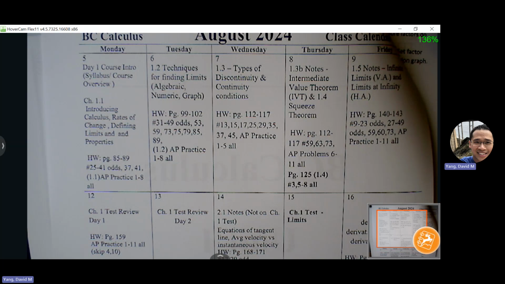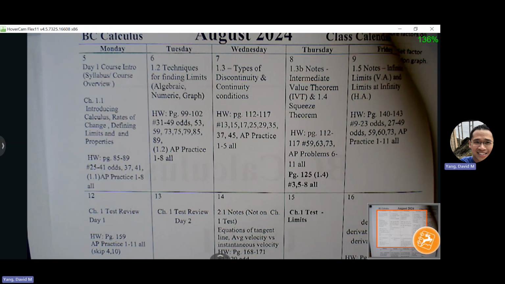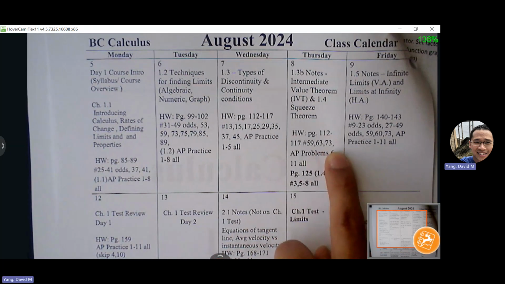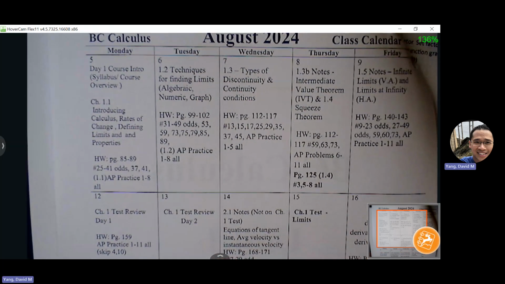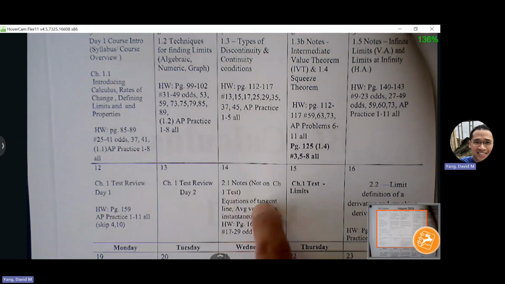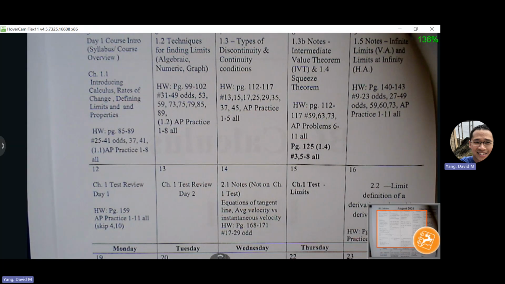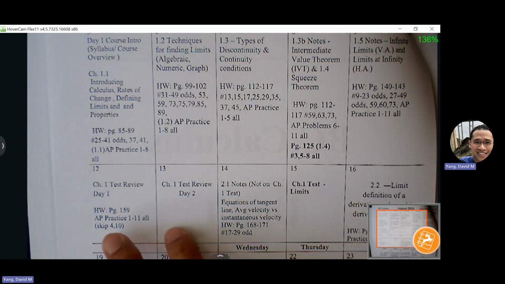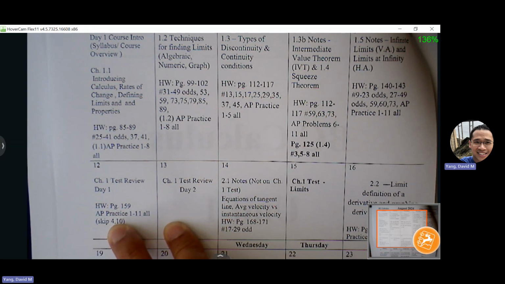All right, so we're going to get through most of our limits unit by the end of this week. And we're going to go directly into having a test next Thursday. So we'll have most of next week to just do review. I'll give you a couple of test reviews that you can work through, and we'll also have some time in class to do review Monday and Tuesday, next Monday and Tuesday.